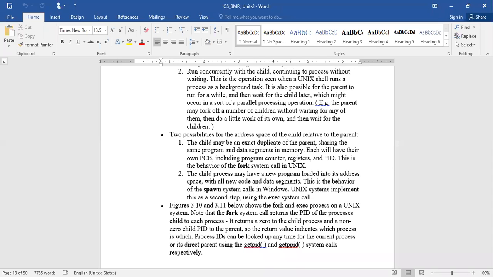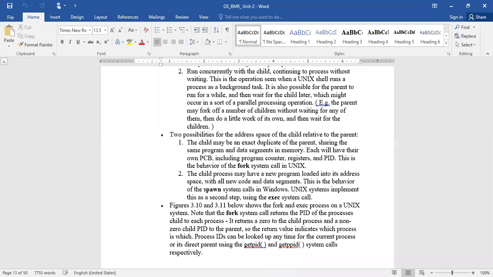Instead of that, that is the fork system call. Instead, while creating the child, an entirely new PCB is created, so there is no relation between parent and child. I mean, in terms of similarity, there is no common information shared among these two. An entirely new copy of the PCB is created when you create the child process using the spawn system call.